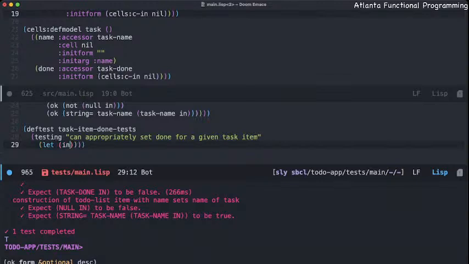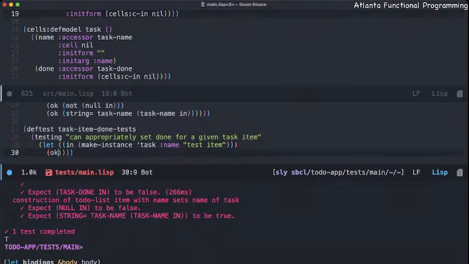That in the make instance of the task with the name test item. Okay, we're going to do okay